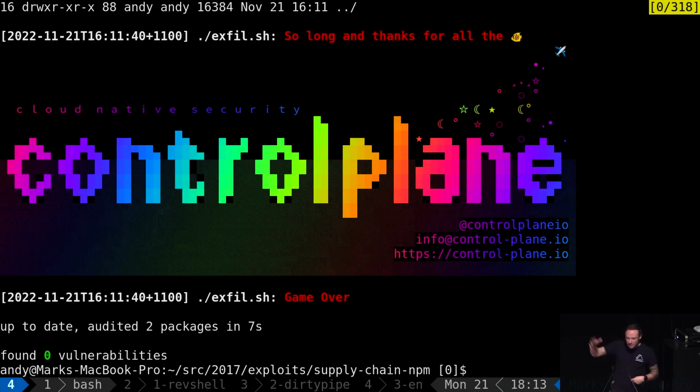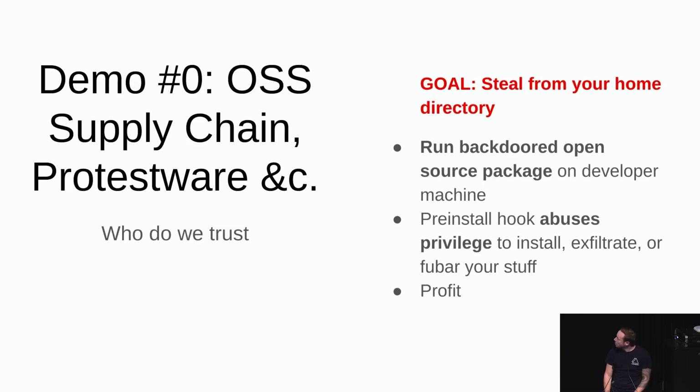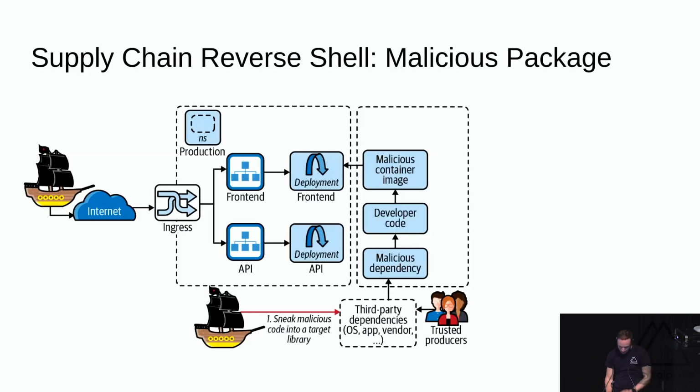Okay, so from a supply chain perspective, I've been able to pull some code, steal what's in the user's home directory, and what else might be in there, Kubernetes config. So what does that mean in this case? It means we are going to consider what a reverse shell would do here. If that code fired a reverse shell from my local machine, somebody would have command and control of my local system. Now, actually, I've just dumped everything and base64'd it and pushed it to pastebin